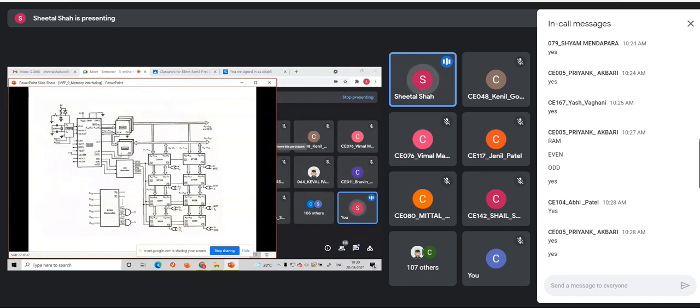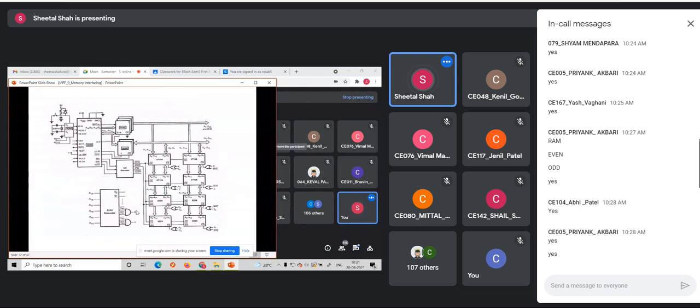Whereas if both of them are 1, the output would be 1. In that case, it is not selecting this ROM IC. What we want is that if it is 0, then only it would be selecting this ROM IC. Isn't it? So here, if it is 60, then one of these outputs, either 60 or 61, would be 0, and the output of this AND gate would be 0.